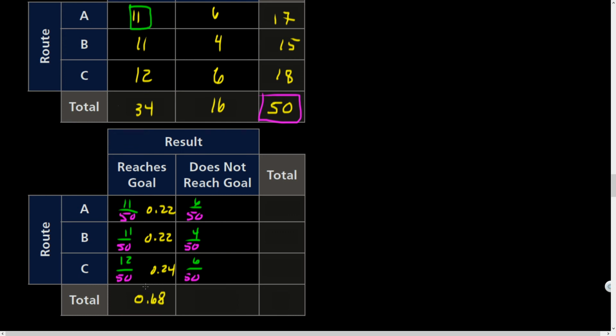So what would this represent? 68% of the time he reached his goal of burning the set number of calories he wanted. If you divide that, and these two are the same, so yep. And this one is 0.08. Add these up, and you get 0.32. So 32% of the time he didn't reach his goal. If I add these across, that's 100%. That should be reality. And then when I add these across, I get 0.34,